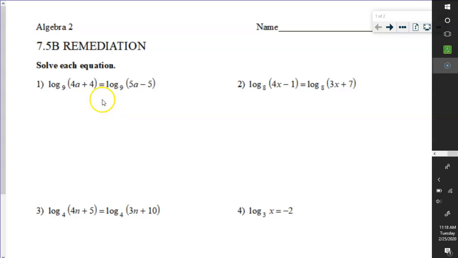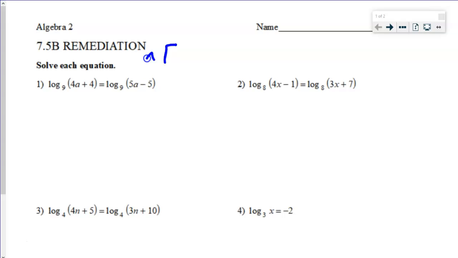Welcome. All right, so our logarithmic equations. The idea is to get rid of a logarithm, you are going to exponentiate. That's how we get rid of a logarithm. And I like to put these carets around it so you know what I'm talking about. So right here, for instance,